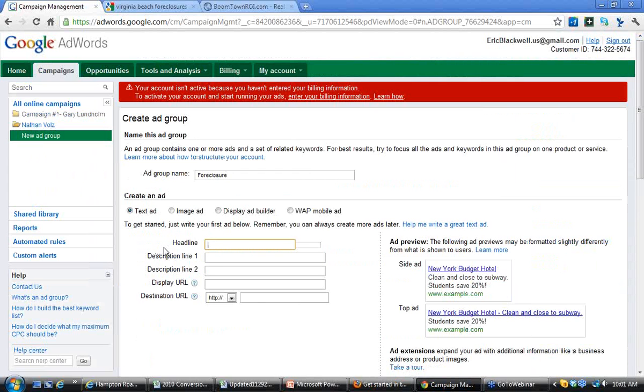Okay, the headline is, we want to have a headline that catches somebody's attention, right? Just like you would on a newspaper ad, facing foreclosure. And basically, I'm going to use the same text that he uses on the page here. Now, there's two options here. One is the display URL, which is going to be http://nathanvoles.com. The second one is going to be,